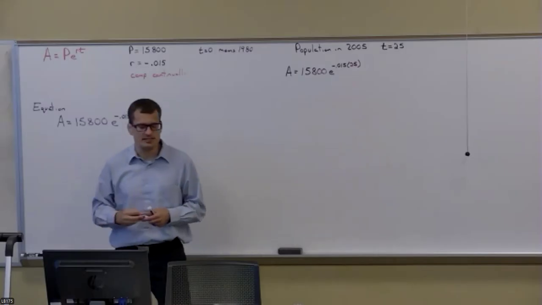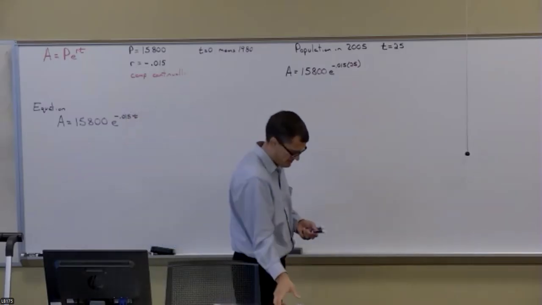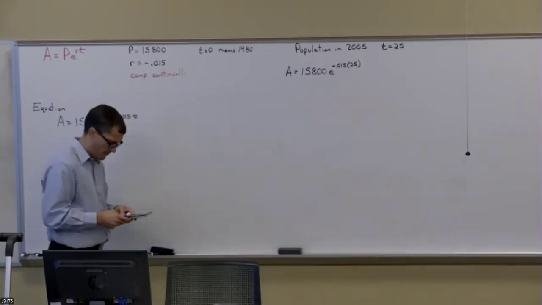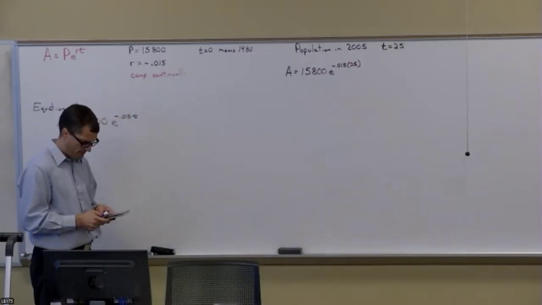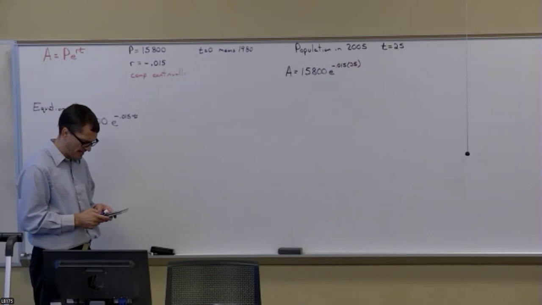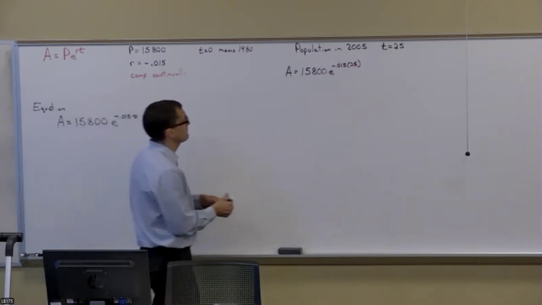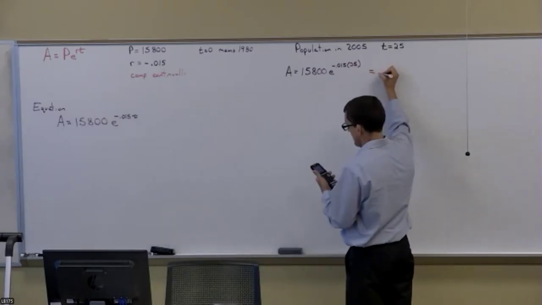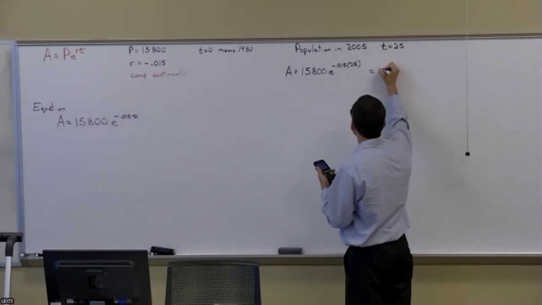We're compounding continually, so it's the equation we're looking for: 15,800 times e to the negative 0.015 times 25. That gives me a projected population in 2005 of